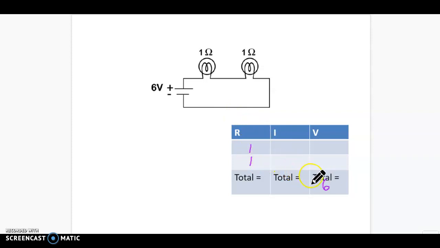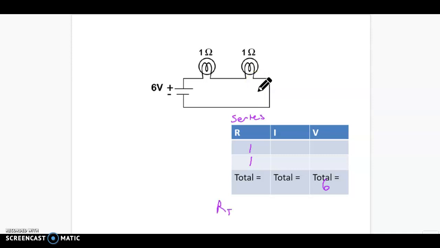That's kind of like what we did. Second step is to start putting things together that you can find out. So it's like I have my resistance here, but I can figure out my total resistance because I have these two things in the column. My total resistance, because this is a series circuit,